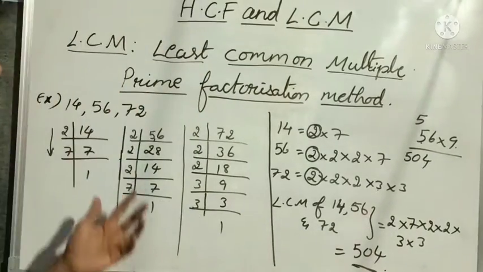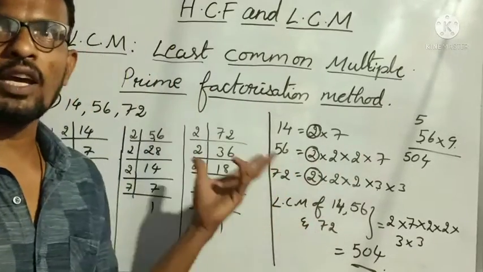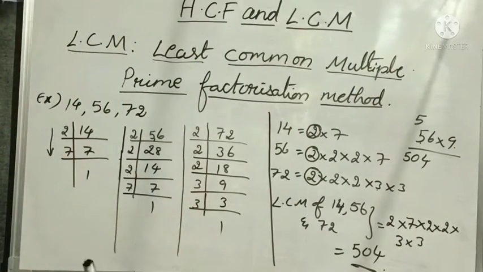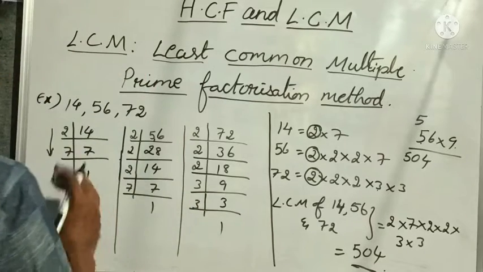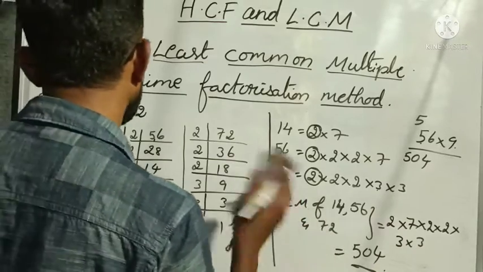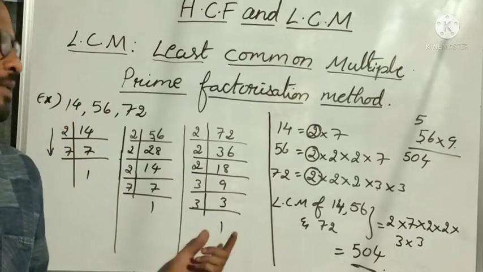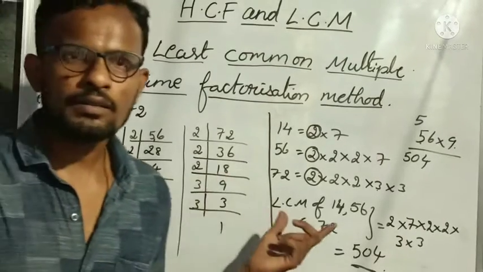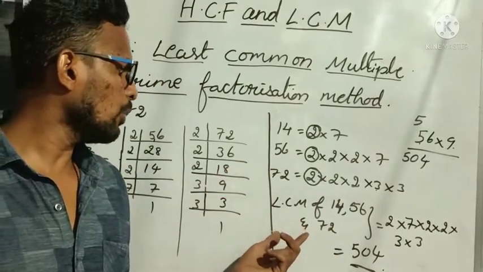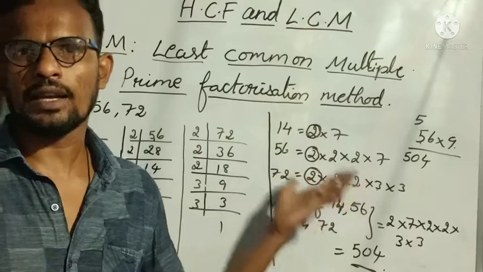Understood everybody? So this is the method of finding LCM. First method, that is the prime factorization method. Clear? Okay, good. If you want, you can take some more numbers and practice on your own. I hope everybody understood the method of prime factorization now. Okay, now let us see the same examples with one more method, that is the division method. Okay, so students, first of all, learn prime factorization perfectly so that you can get tables perfectly and you can know how to do LCM by prime factorization, and you can know expansion, everything clearly.